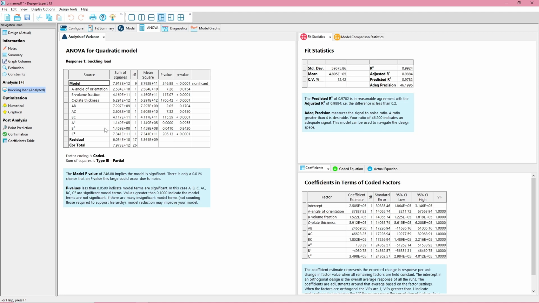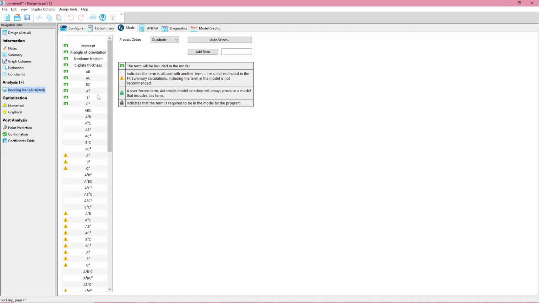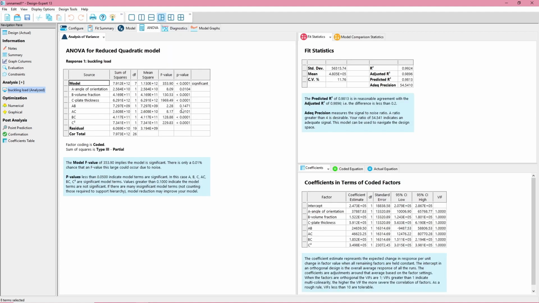For example, if I want to close the A power of 2 and also B power of 2, I just need to double click. Then as you can see, it will remove some of the terms, but also increase the R2 value. If the R2 value is closer to 1, it means it is a good